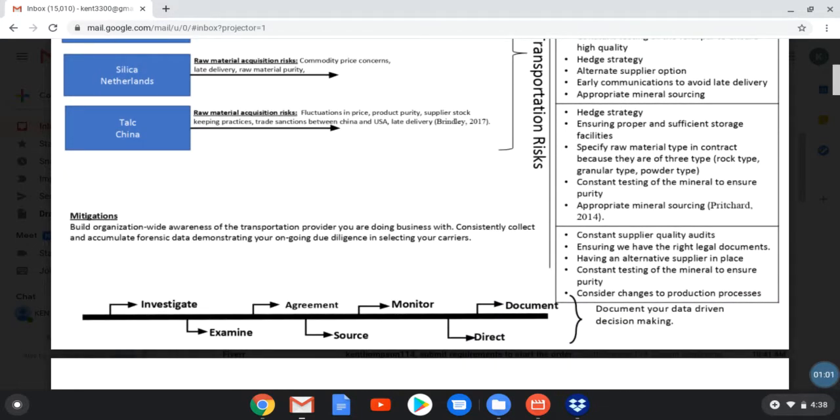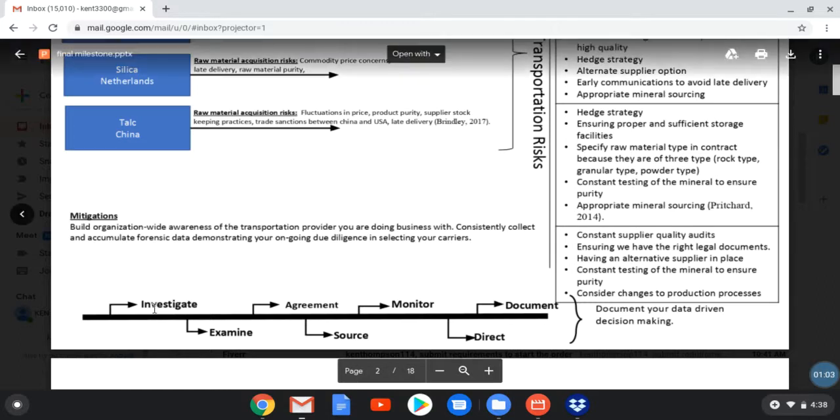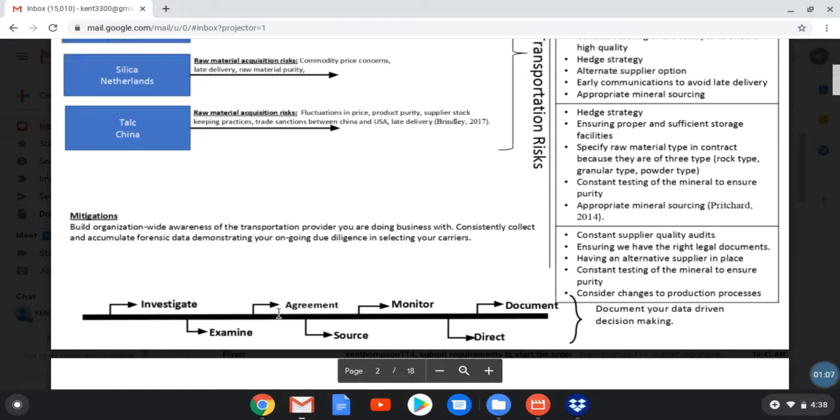And kind of the sequence: first, you go through an investigation, you examine the agreement, you source it, you monitor, direct, and document. So,